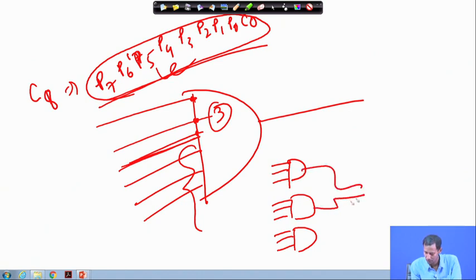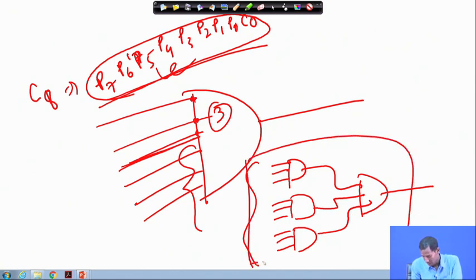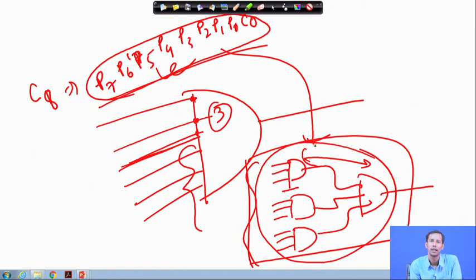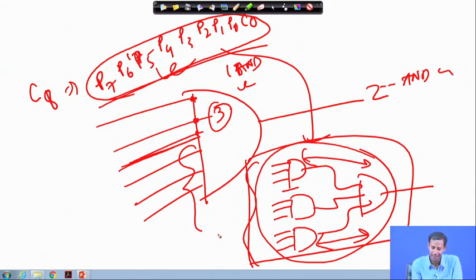So, this will be the circuit for implementing this. Here I am just increasing the level. The logic level has been increased: here it was only one AND gate delay, but now it will be 2 AND gate delays. Now, if I say the maximum fan in is 2, then again it will increase.